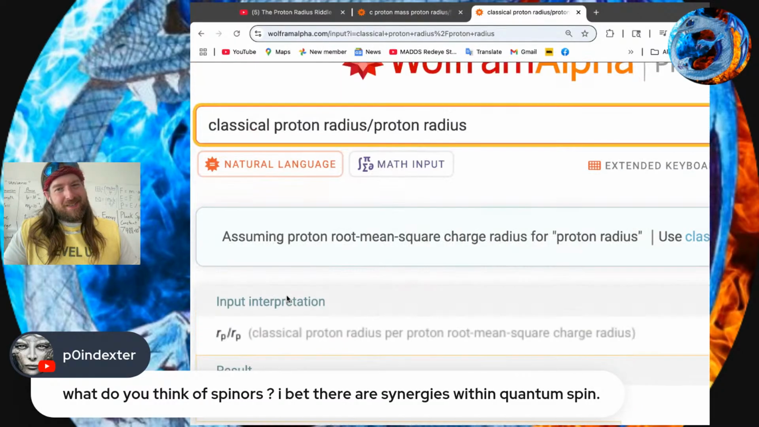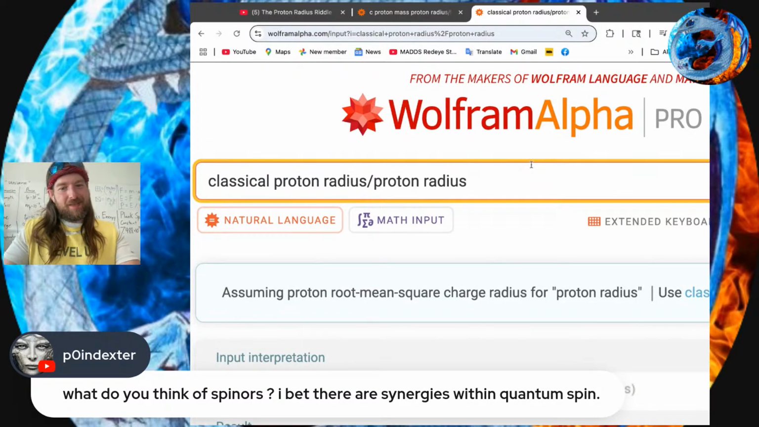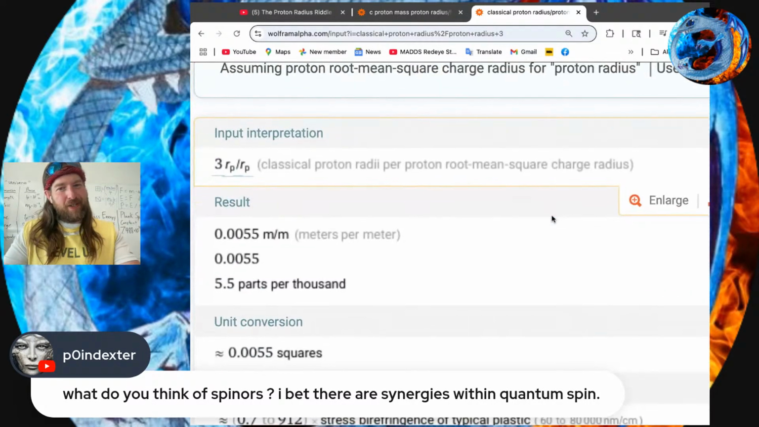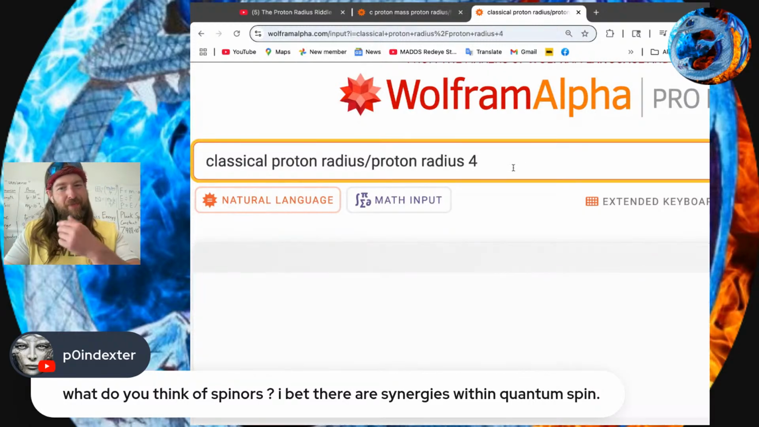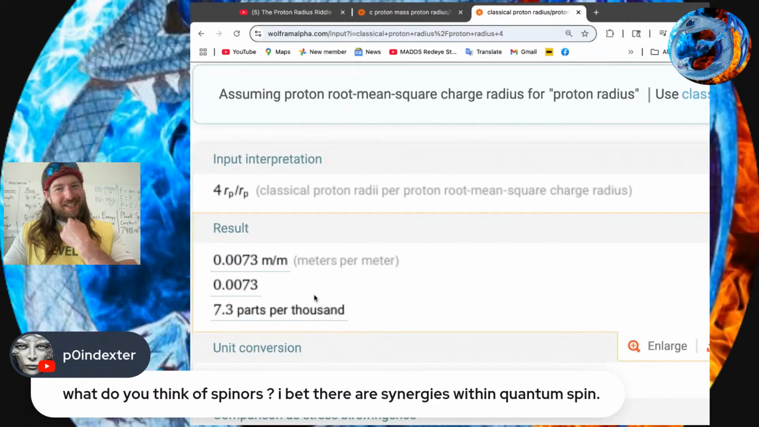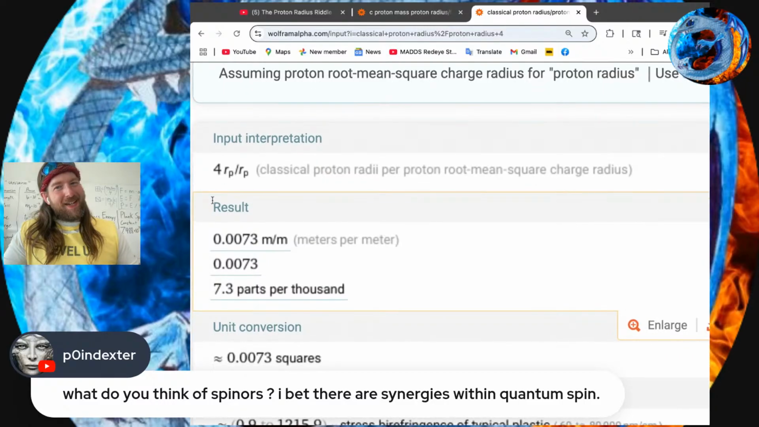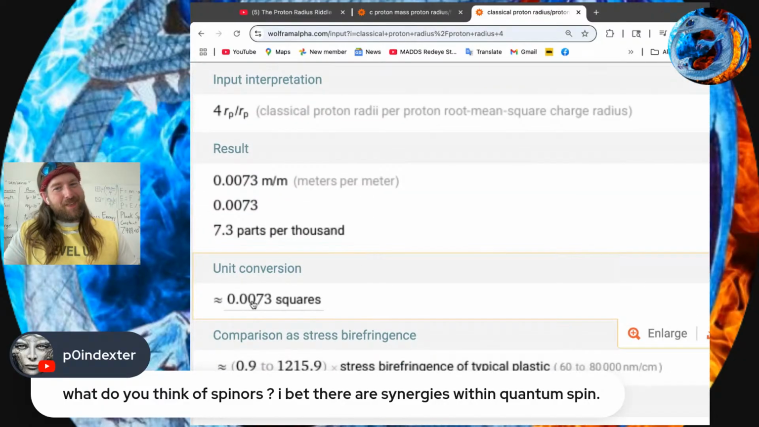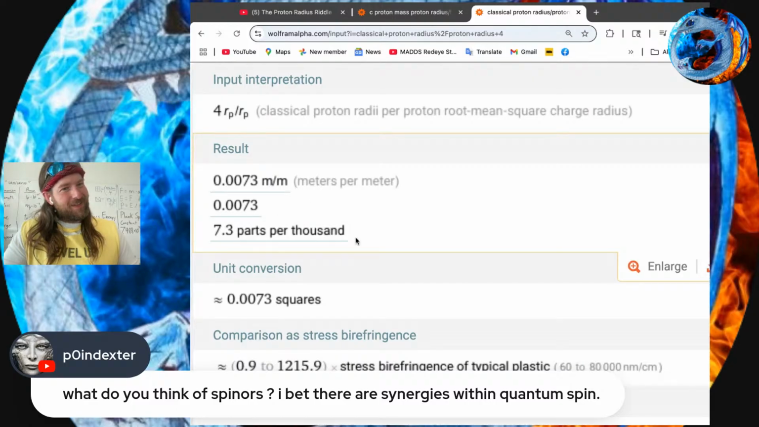Again, if we multiply that by like 3, maybe we get the fine structure constant, maybe 4. Do we need 4? It's going to be about 4, I think. Okay. So apparently, if we put a factor of 4 there, for the classical proton radius to the square charge radius, okay, not 7, 3. Okay, so that's about an approximation because the fine structure constant is